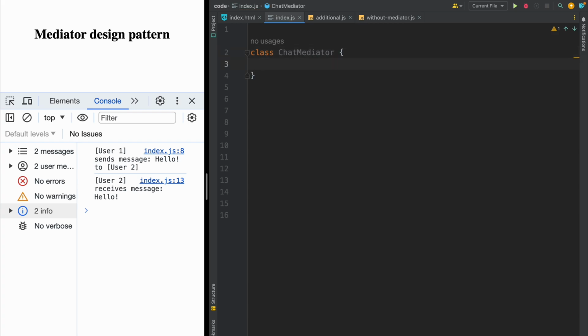Yes. And in chat mediator, we will have just one method. So send message. We need to provide here a set of arguments, and it will be message. It will be from user and to user. So from user we will send message, and to user we will send message to a specific user. Yes. And here we will have just console.log, and